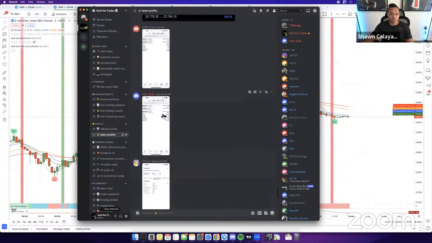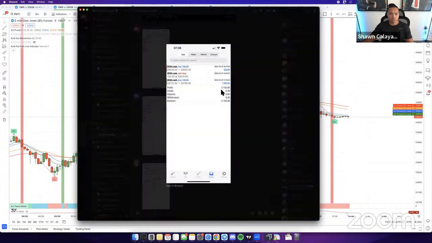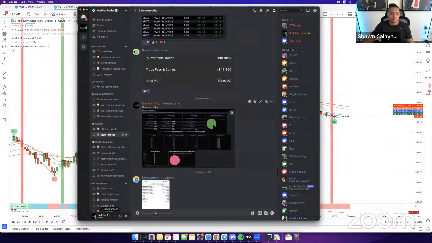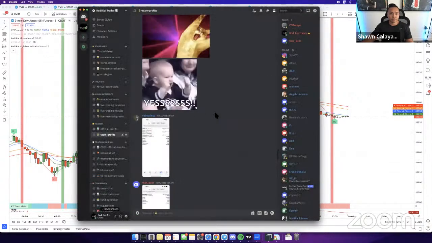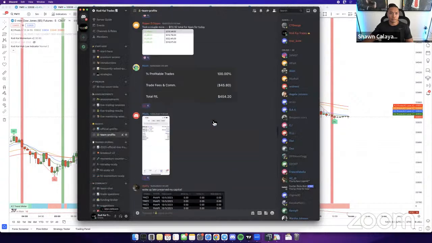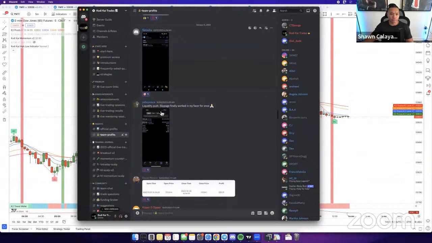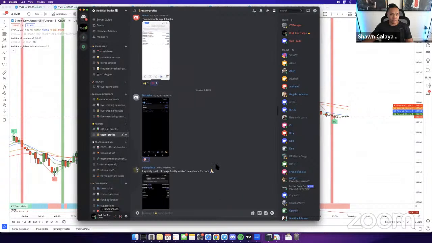And if you guys have been following Gian, his username over here on Discord is that dude. You can see over here, he just takes 1 or 2 trades. Takes about 2 trades a day, and then he's done. He's locked in 2,000 today. You can see the day before, Gian posted his profits over here, locked in 1,100. The day before that. And you can just scroll over here. If you guys go down to profits, team profits, you can see everybody's profits here.